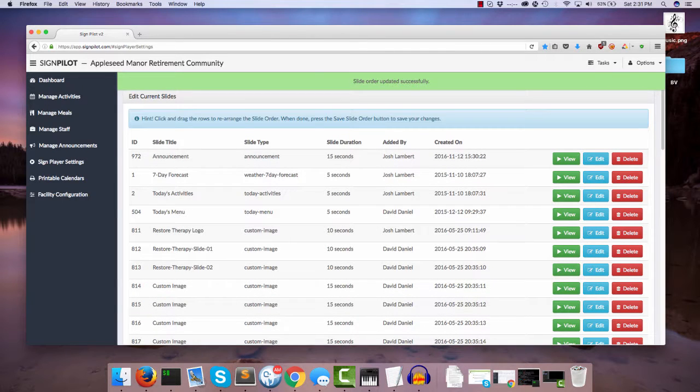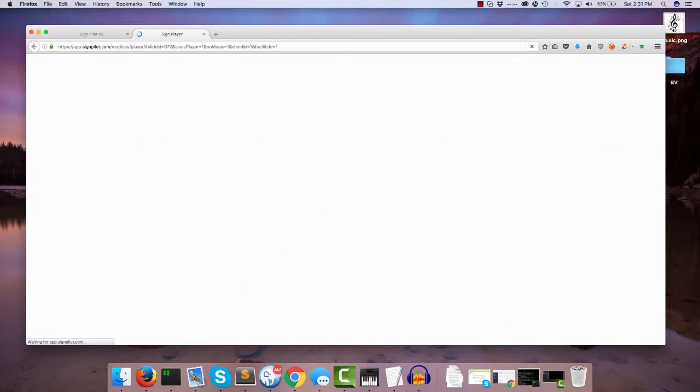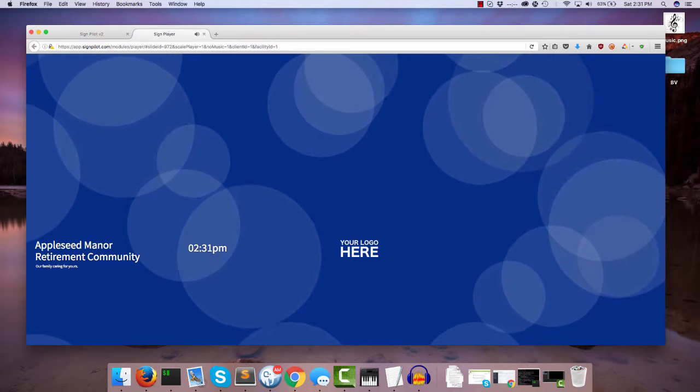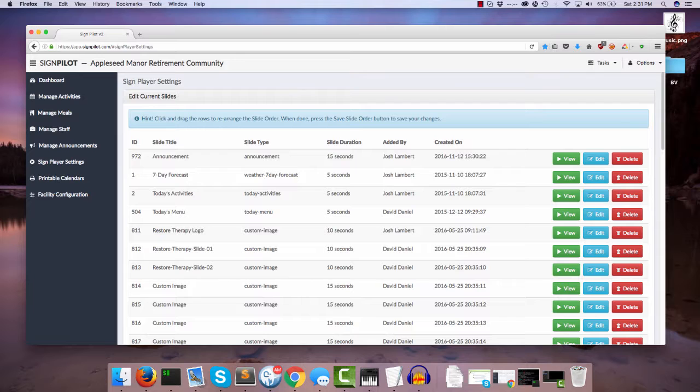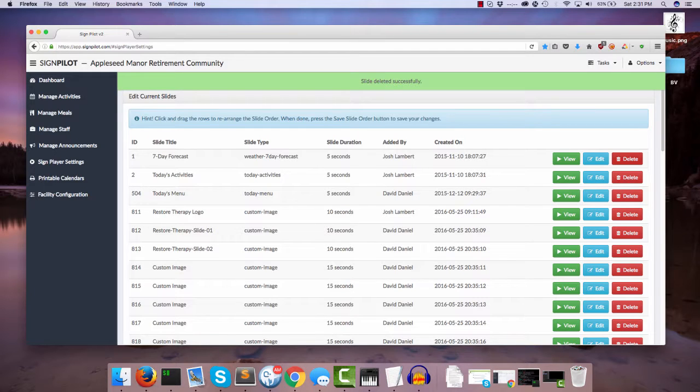You can preview that announcement slide by pressing the green View button, just like we did on the other screen, and you'll be able to see our announcement load up here. And then if you want to delete that announcement once it's happened, you simply press the red Delete button. And there you go. That's been a look at how to add an